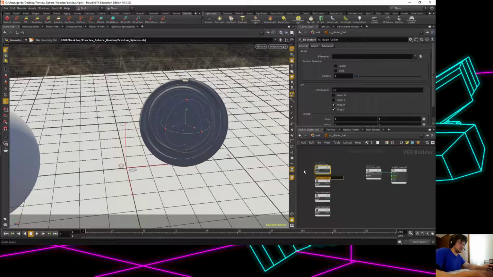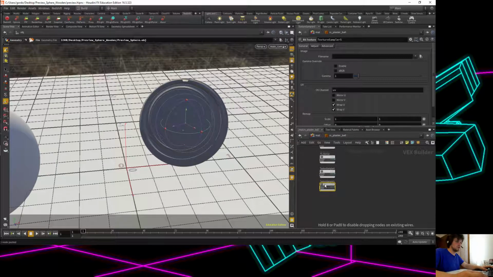We're going to say TS roughness, TS normal. I'm going to need another one for my ambient occlusion. There we go. TS height, and then TS